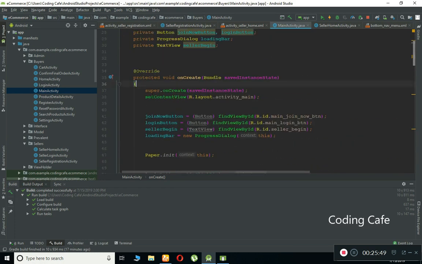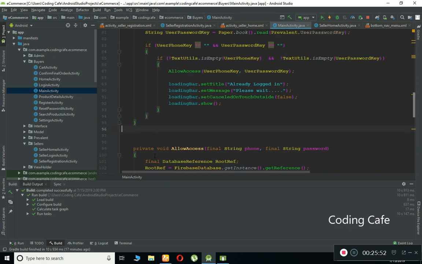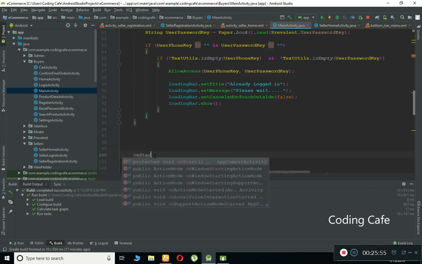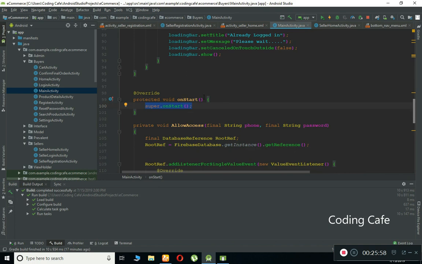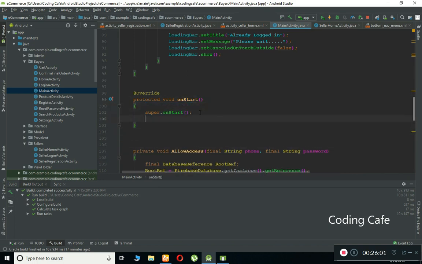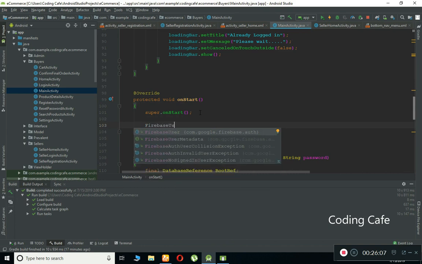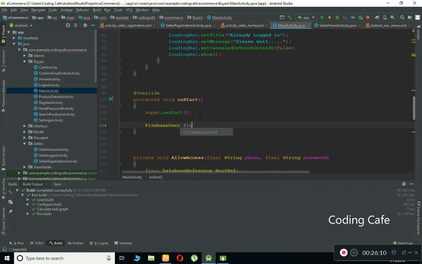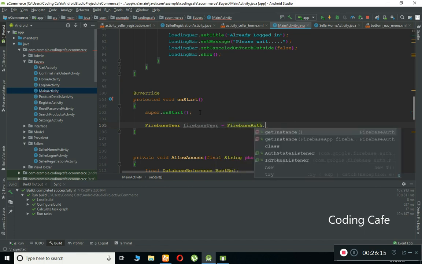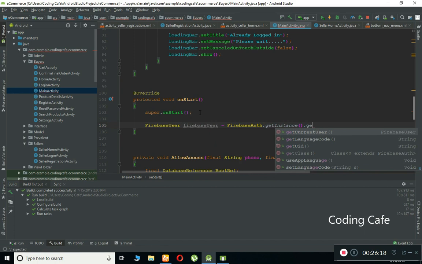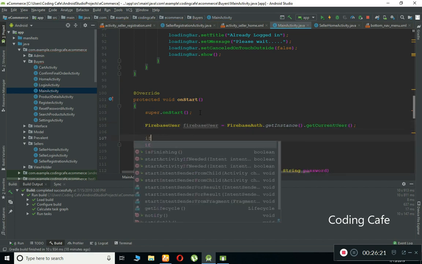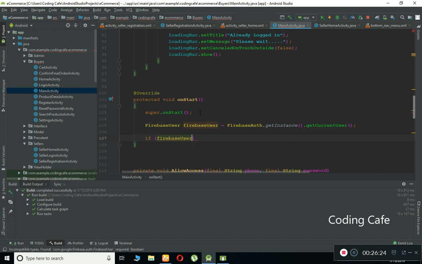So after this on create, we are going to create a method by the name on start, and in here we have to get the Firebase user equals to Firebase auth dot get instance dot get current user. And if the Firebase user is not equals to null,